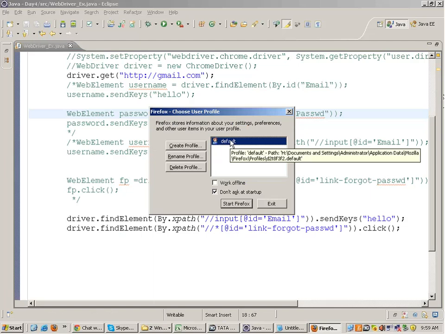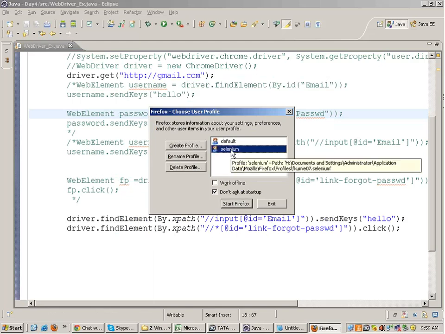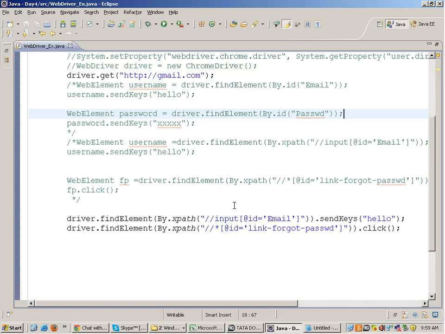This is the default profile which is installed in your machine. I can also create a new profile and call it, say, Selenium, and click finish. So I've created a Selenium profile. If I start this profile,